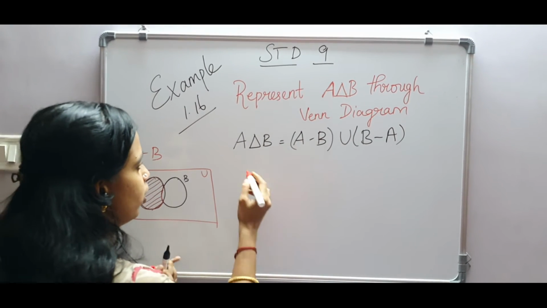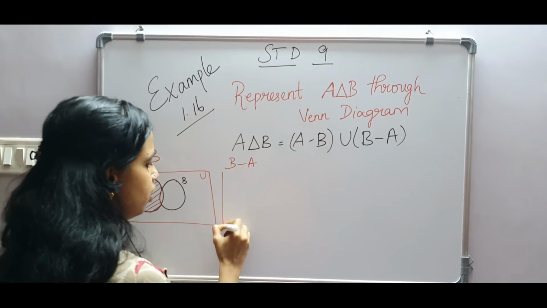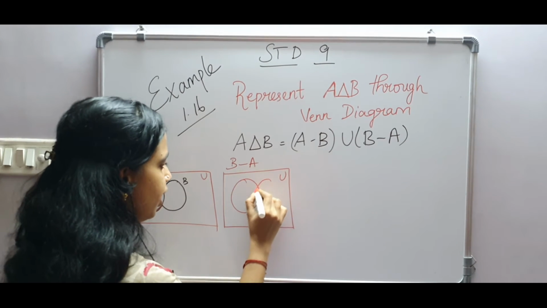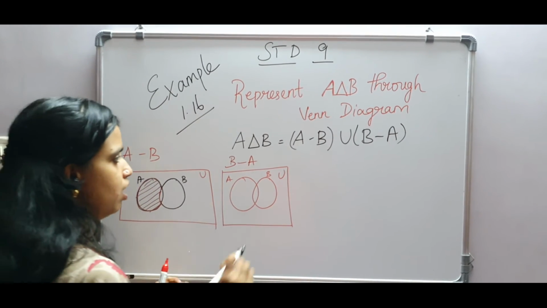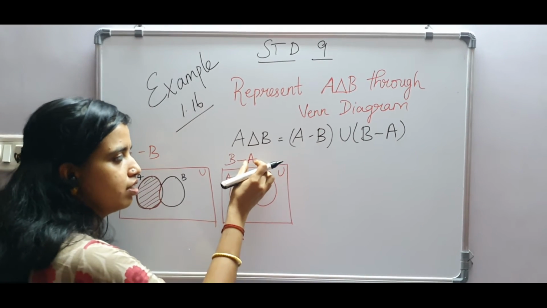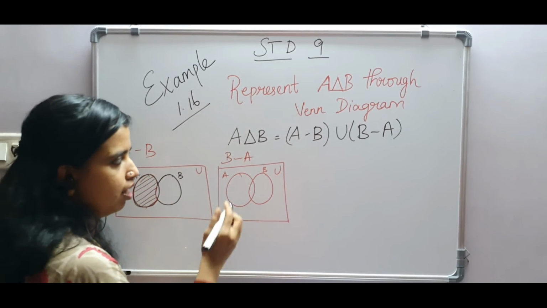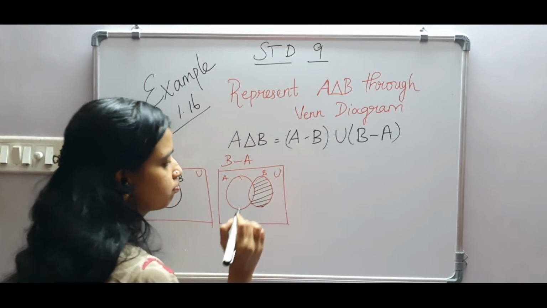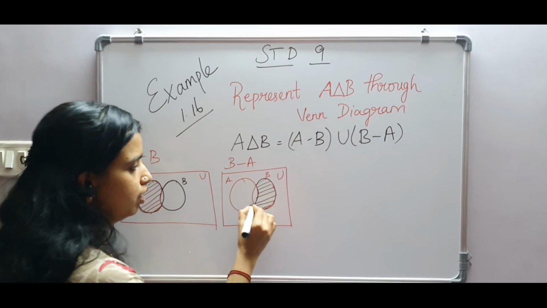Now we are going to do B minus A. Similarly, for this also you have to draw one universal set, and similarly A and B. This is A and this is B. Now see this, B minus A. Then we have to leave out the A elements. Whatever set is here, that set will be eliminated. So just forget the A set. Then we have to shade the B set alone. Up to here only, this region only, we are shading.